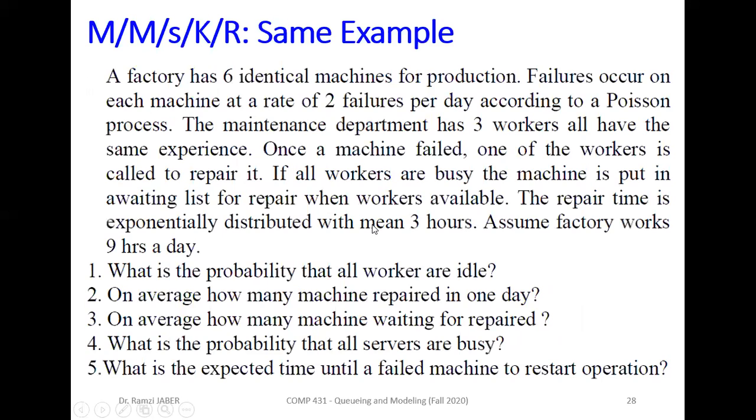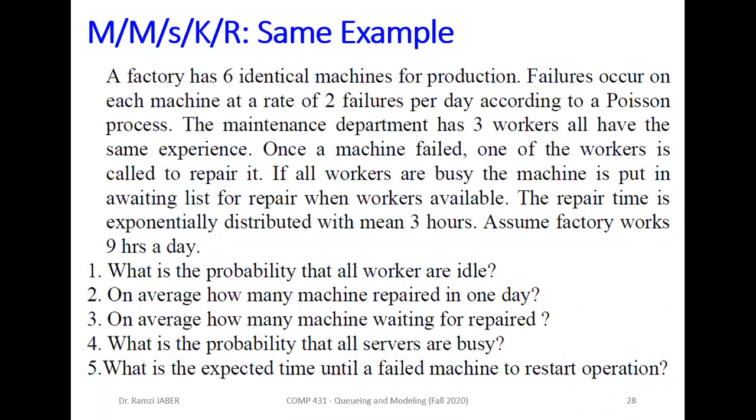Okay, now we'll take our example, the same example as before. A factory has 6 identical machines for production. Failures occur on each machine at a rate of 2 failures per day, according to a Poisson process. The maintenance department has 3 workers, S equal to 3.